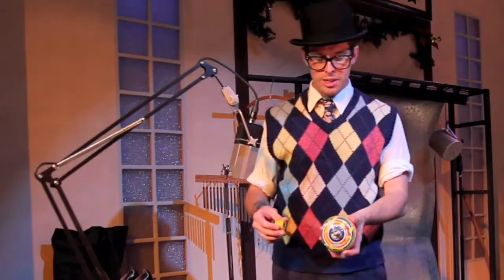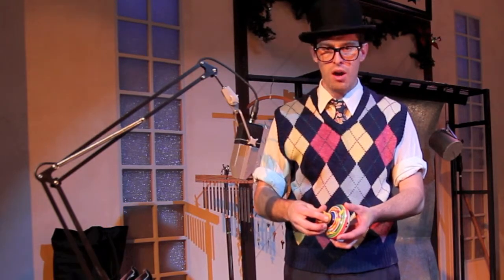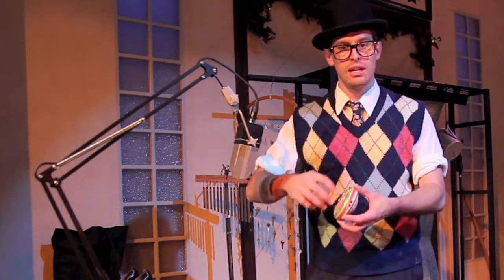This is a spinning top that has been disassembled to then reassemble in the show, and every time Potter is in a wheelchair and he makes his presence known in the scene,